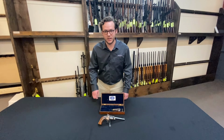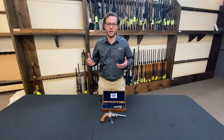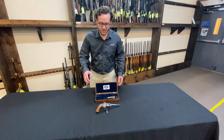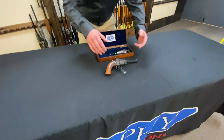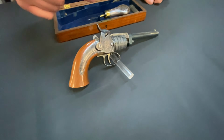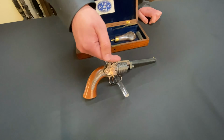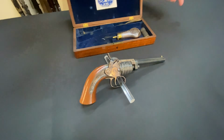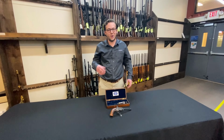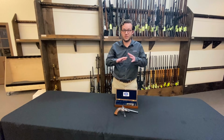One interesting story about these revolvers is that they actually lost a patent infringement lawsuit against Colt. Originally when they made these, the cylinder would advance every time you pulled the hammer, and it would use cones, or sometimes called nipples, in the back of the cylinder to hold percussion caps, just like most revolvers of the day. But unfortunately for them, Colt actually had patents on both of those, and so they were forced to totally